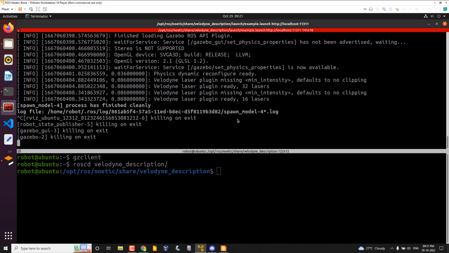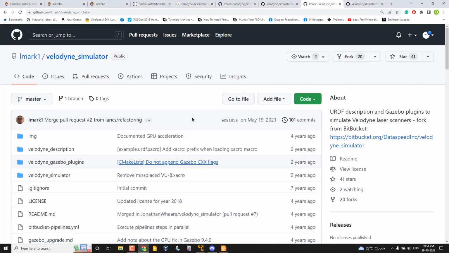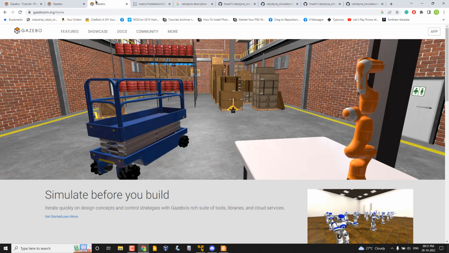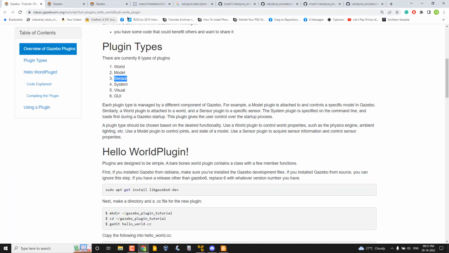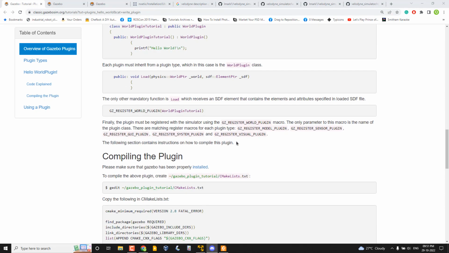Now we can go to a very basic example for the Gazebo plugin. Okay, so maybe I can send you the link. So this is the first example that we are going to see. Yeah, it's a hello world